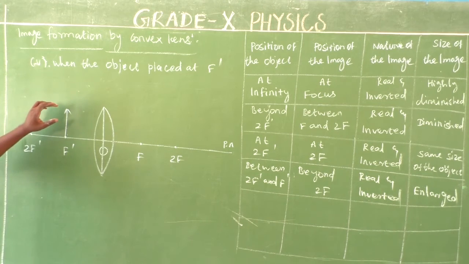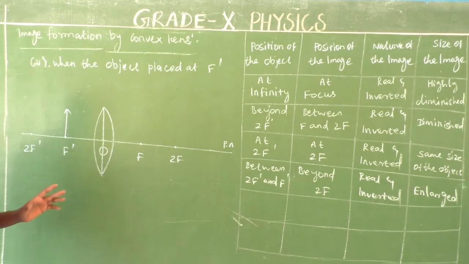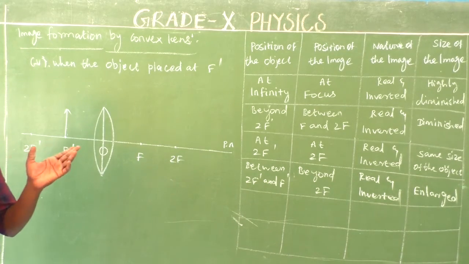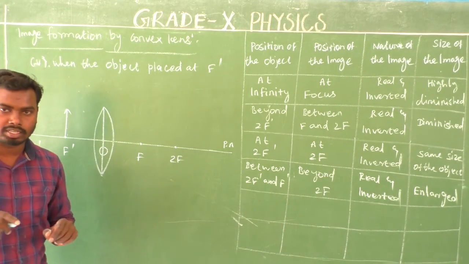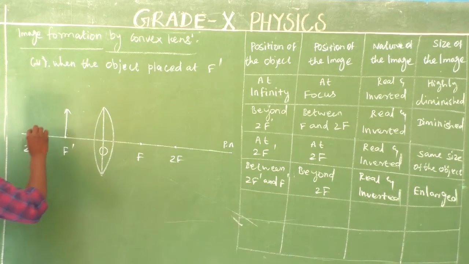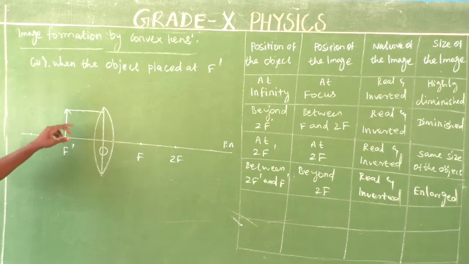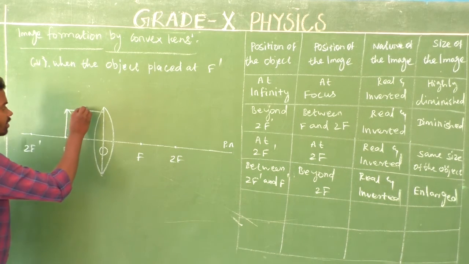Light rays are coming from each and every part of the object: the top part, the middle part, even the bottom of the object. Is it clear? But I am going to take just 2 rays, because just 2 rays are needed to make an image formation. Is it clear? Yes. Consider the first ray. That ray is coming from the top part of the object. Is it clear?